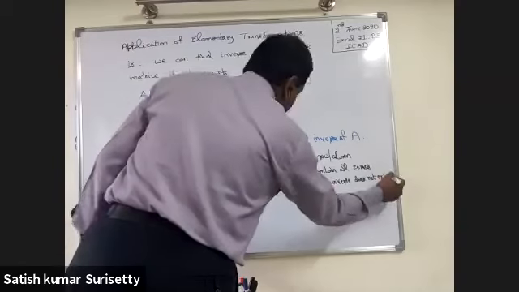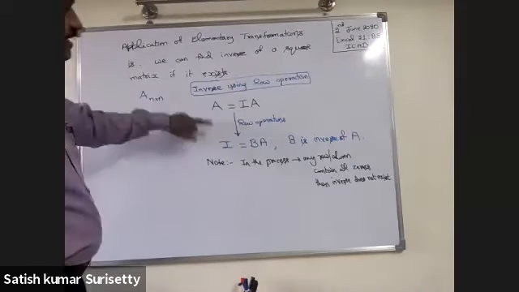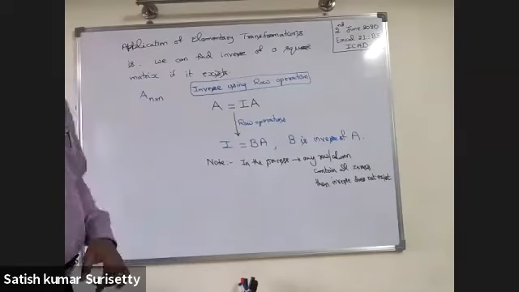Go to the statement once again. In the above process, if any row or column contains all zeros, then the inverse does not exist. Because we cannot achieve the identity matrix, that's why the inverse does not exist.